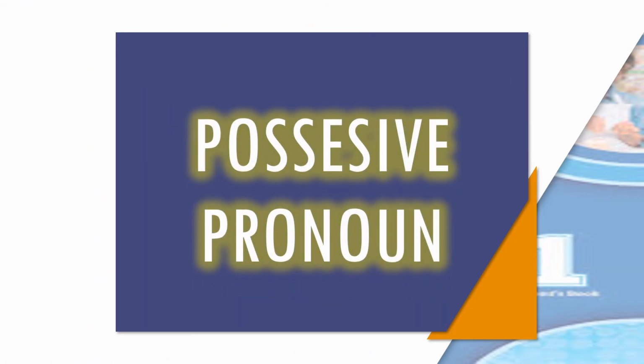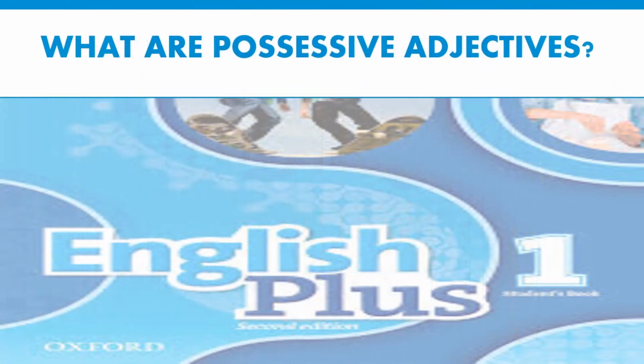Okay, so next we are going to learn about possessive. Okay, this is wrong. It's not possessive pronoun. This is possessive adjective. Adjective. I'm sorry for the bad handwriting. I'm using a mouse. Okay, let's go to what